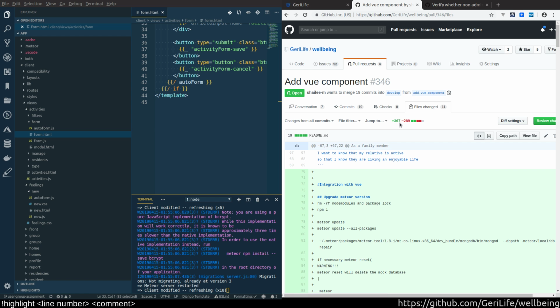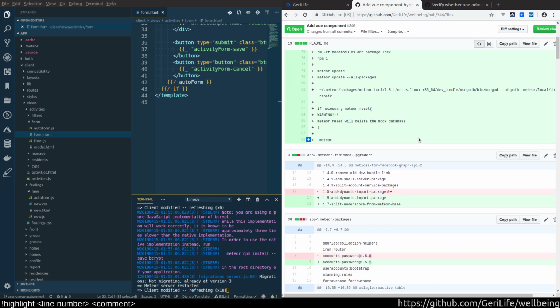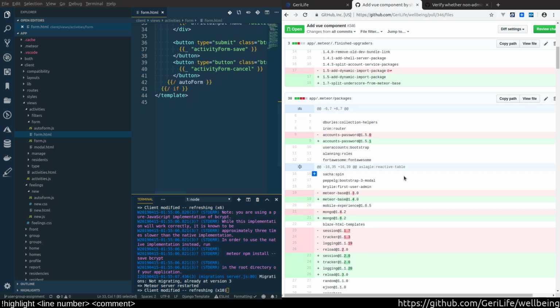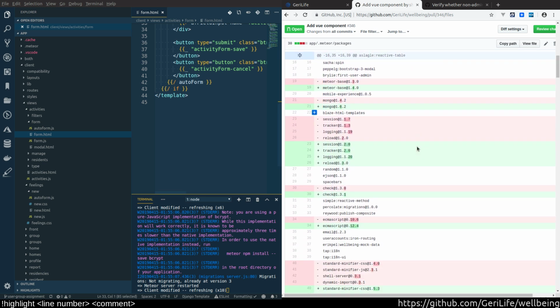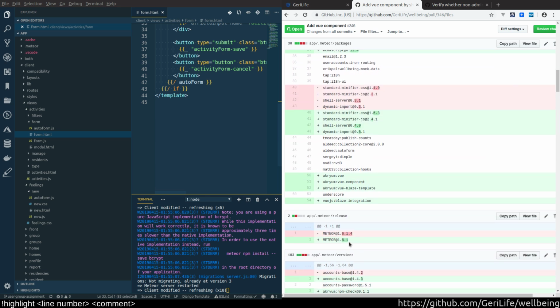And, you know, kind of balanced it out with the lines of code. But basically, it's taken us in the direction of deprecating Blaze in favor of Vue.js. In order to do this, we had to upgrade a lot of our dependencies. In fact, the whole platform went from